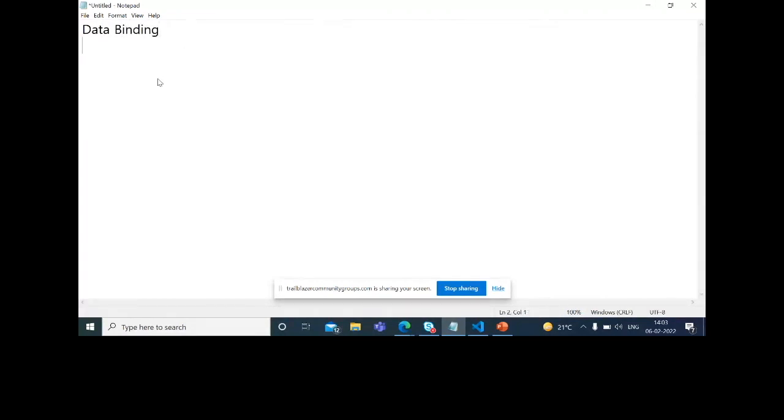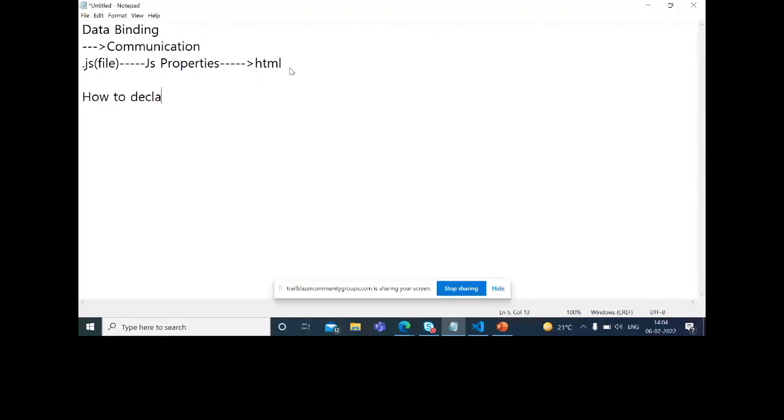What is the need of data binding? Data binding is needed for communication. Whenever you are doing any manipulation in the JS file, you have to showcase that data in HTML. How will you bring that data from the JS file to HTML? For that we need JS properties. JS properties lead to communication between JS and HTML. And how to declare a property?